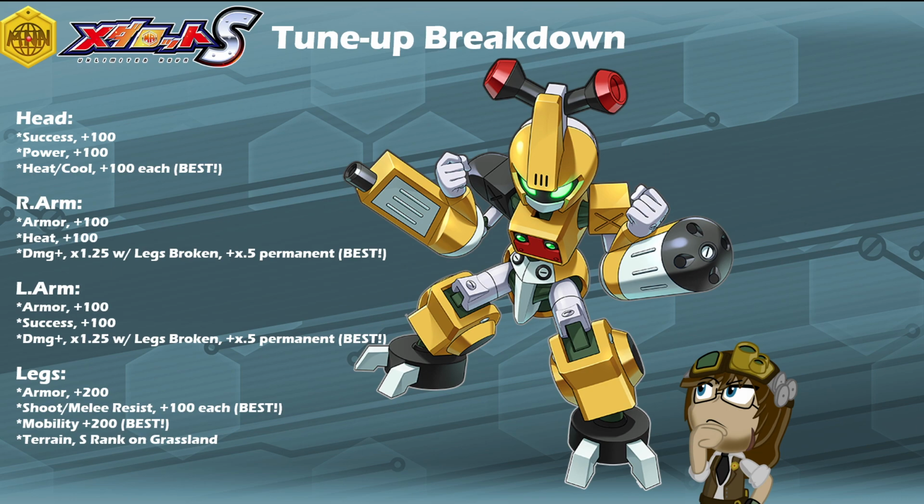Now, honestly, with a lot of Gunnose's bonuses, you could really go one or the other, especially with his head. If you'd rather go for the success bonus, higher likelihood of hitting, higher likelihood of critting. If you want the power bonus, you can do that too. But personally, I think the heat cool bonus might be the best opportunity on him, given the fact that it does mean that he will have a little bit of an easier time running to and from the line to